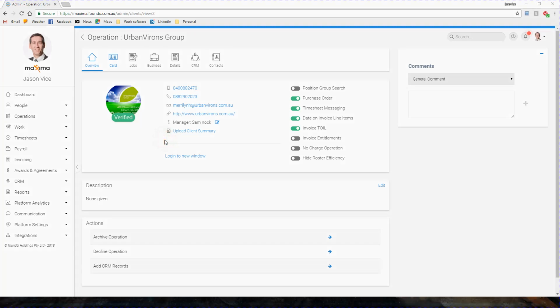Okay, what we want to do here is look at the process that a client would follow in order to approve a timesheet. So this is important to know just in case they ask you how to do it. But if we, for example, roster somebody onto Urban Environs, we'll make a job for the previous week, and we will then log in, submit the timesheet as the candidate, and then log in as the client and approve the timesheet. So if we're in Urban Environs, we'll log in as them,